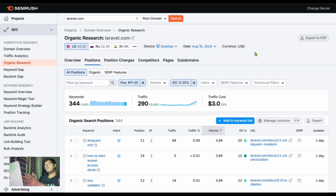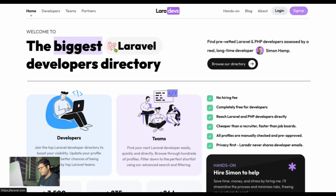Honestly, I don't have much data on SEMrush to actually tell you more about what kind of changes you can make on your website when it comes to the backend. But let's talk about your front end. Here are some search queries that you can incorporate. Hire Laravel developers, find PHP developers online, Laravel developer directory, best Laravel freelancers, pre-vetted Laravel developers, top PHP developers for